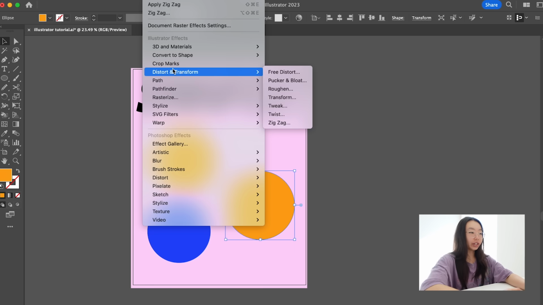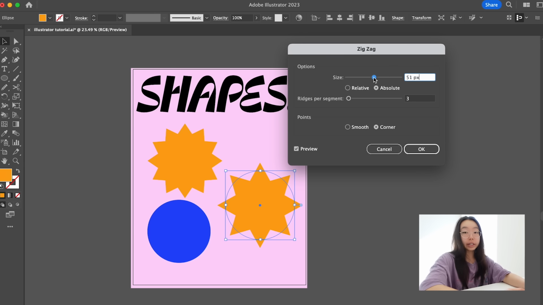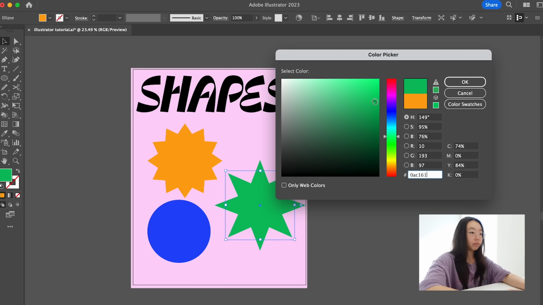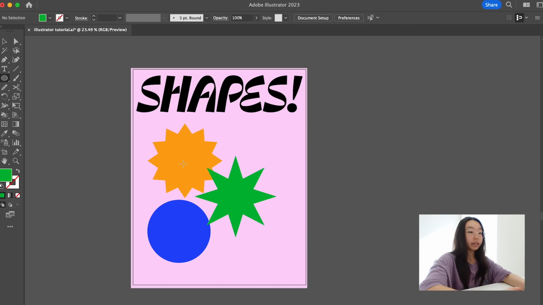Effect, distort and transform, zigzag, less ridges, a little bit deeper. So it's more of like a star shape. And there we have it. Another thing we can do is start again with another circle and then turn it into something fun